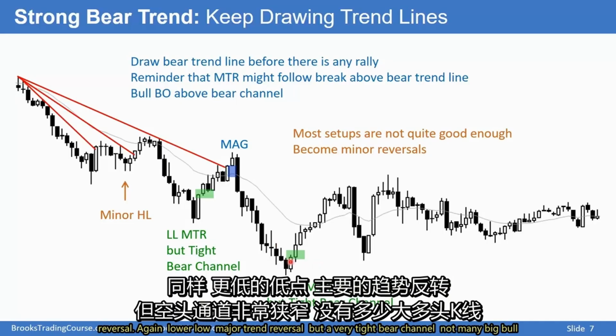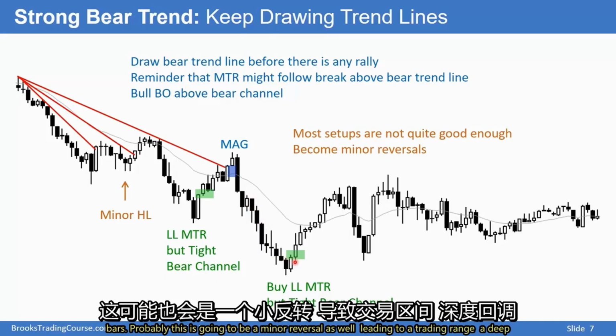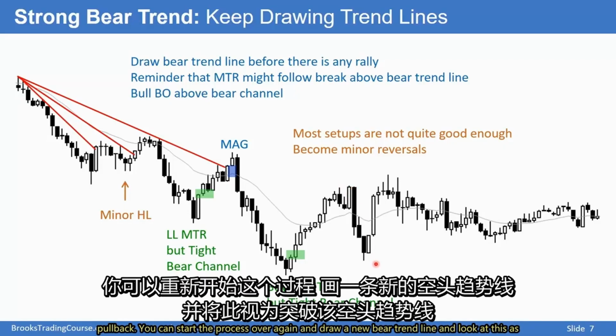Again, lower low major trend reversal, but a very tight bear channel, not many big bull bars. Probably this is going to be a minor reversal as well, leading to a trading range, a deep pullback. You can start the process over